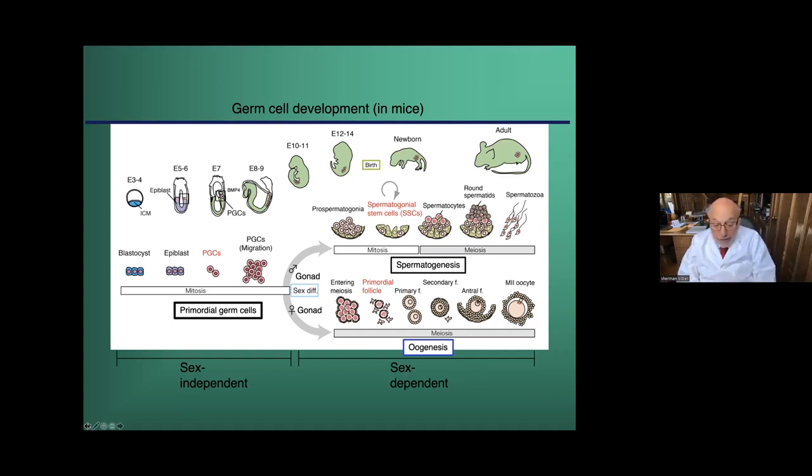But they enter meiosis and they would all be gone by the time the female fetus is born, except that they become primordial follicles in response to the tissue pressure of the fetal ovarian cortex. And as primordial follicles, they become locked, and you only lose 1,000 a month based on tissue pressure release. And if it weren't for this locking right after meiosis, the eggs would all be gone by the time